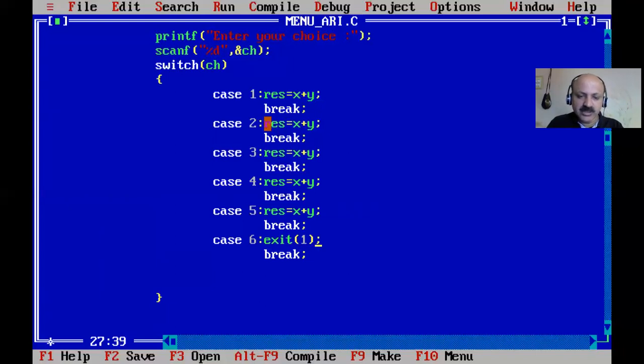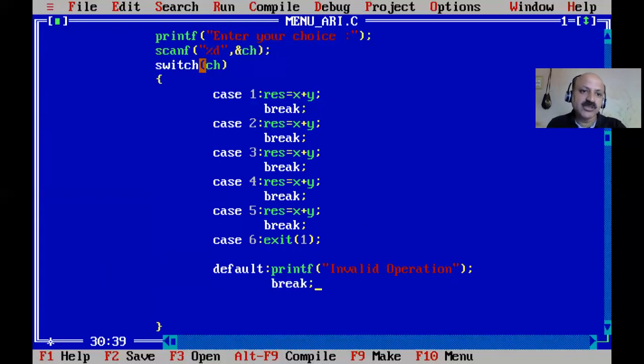When we provide exit, the break keyword is not required in that case. Also take the default case, and just print some message, like invalid choice or operation. This case requires the break keyword. So in the switch case syntax there are 4 keywords: switch, case, break, and default. So 4 keywords are used at the same time.